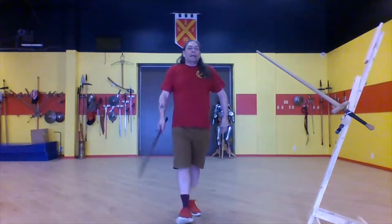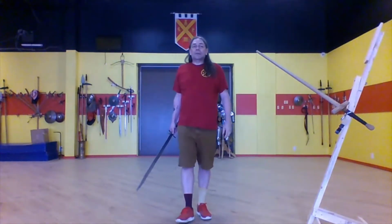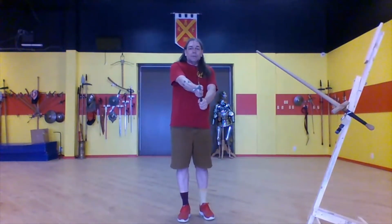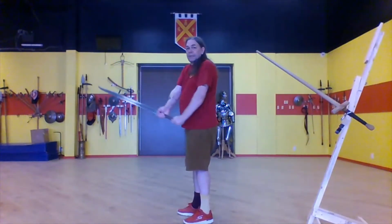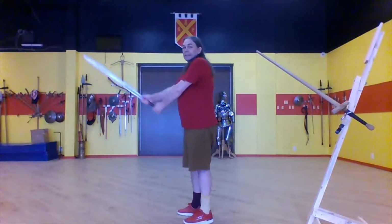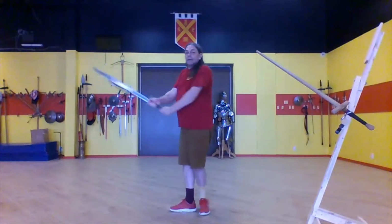All right, and we're going to do the pulling, the tsuken. So with the sword central, we're going to keep our arms extended, pull back here, straight back forward to the middle, and then back to this side, back like that. All right, so